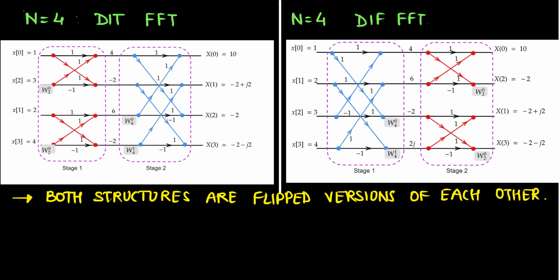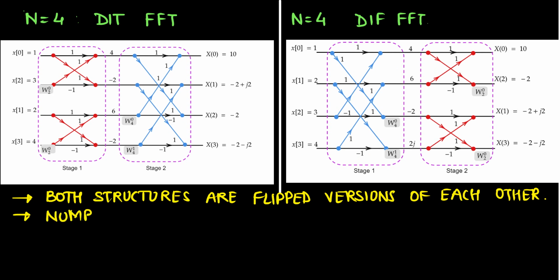Another thing we need to check is the number of butterfly structures in each stage. In stage 1 we have 2 butterfly structures, and similarly we have 2 butterfly structures in stage 2. In DIF FFT, again we have 2 butterfly structures in stage 1 and 2 in stage 2. So in both cases,